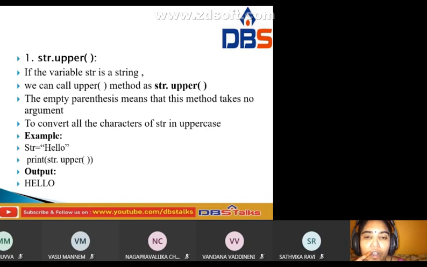It converts all the characters of the string to uppercase, capital letters. I gave the first letter capital and the remaining small, but with this method the output is HELLO, the whole string in uppercase.